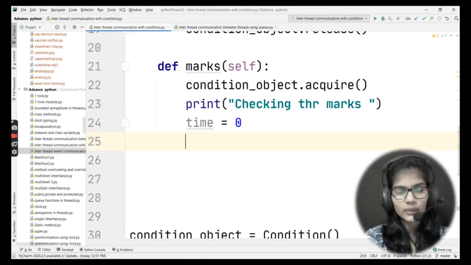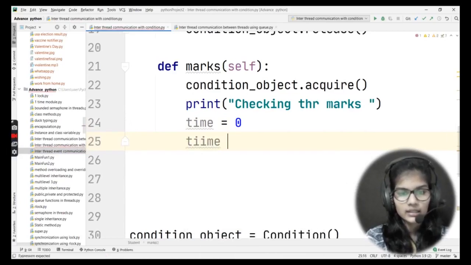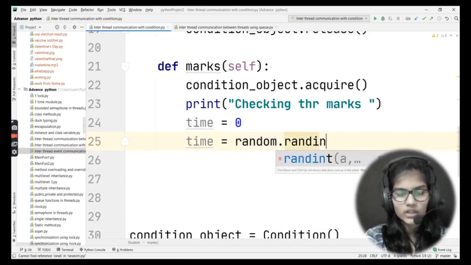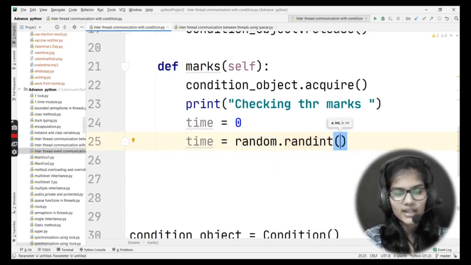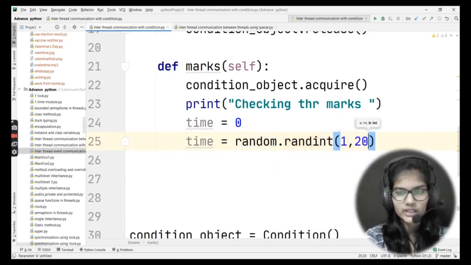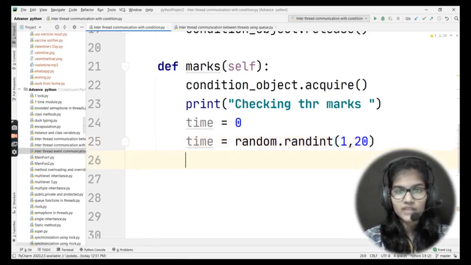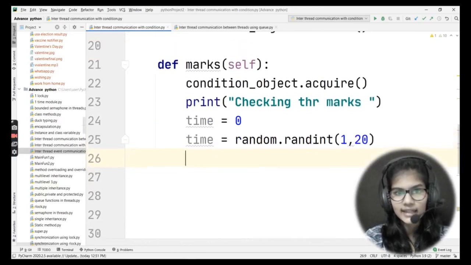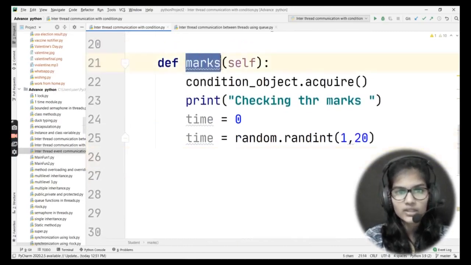Now here I'll be writing time. So time is equal to, I'll be writing here random dot randint, and into the bracket I'll be passing here, let's say 1 comma 20. So between 1 and 20 some random marks would be coming. And instead of this time, let me just write marks, let's say this is done, and instead of marks let me make it